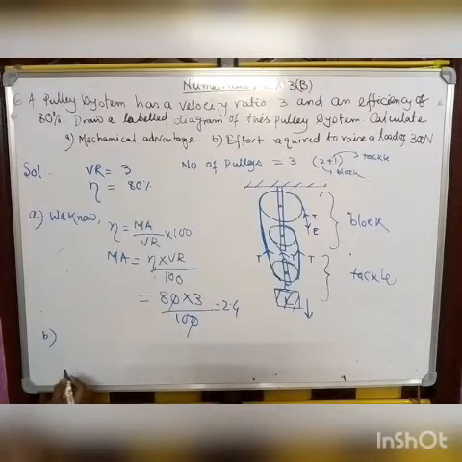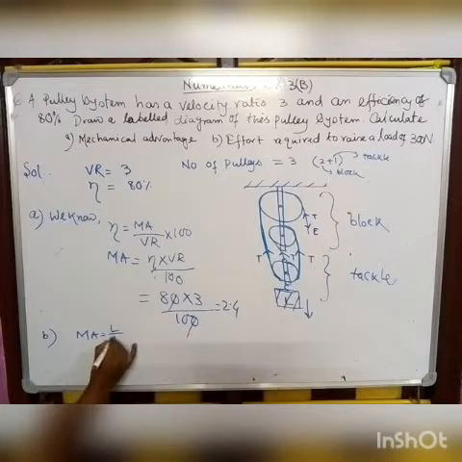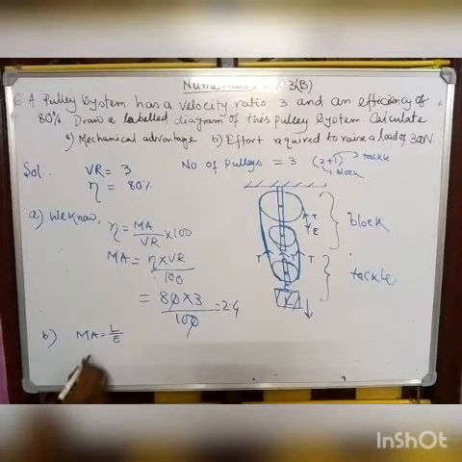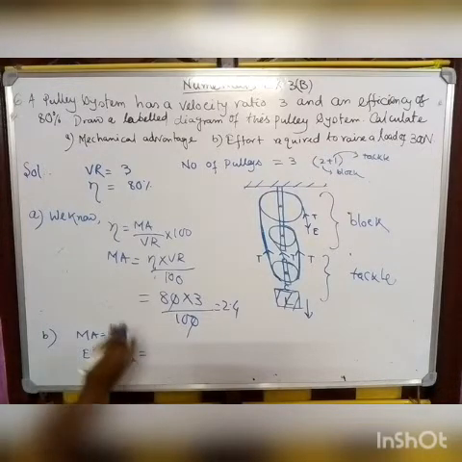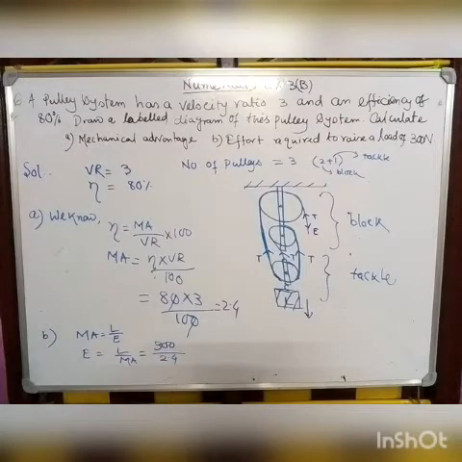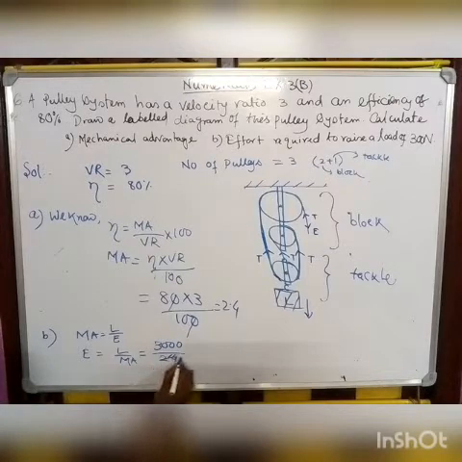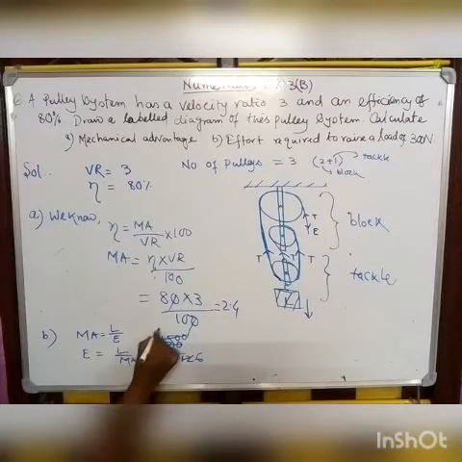Question number B. So we know that mechanical advantage is equal to load by effort. And here effort should be load by mechanical advantage. The value of load is given to you, that is 300 Newton. Mechanical advantage you have calculated, that is 2.4. And now if I take this point, so here will be 10, so 12, 1500, 6, and then it should be 750,